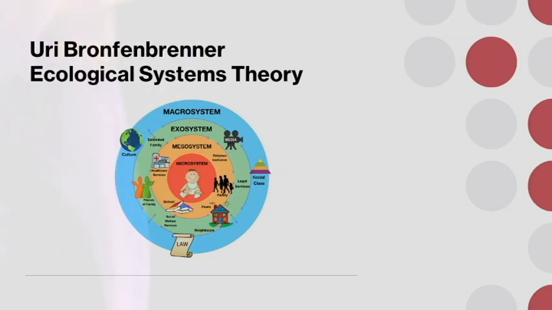So, for example, this includes the parent's workplace, the local government policies, the community organizations. A child may never go to their parents' work, or engage with local government policies, or go to the community organizations, but these still create some part of the environment within which the child lives. And the events and decisions in these settings can indirectly affect the individual through their impact on the microsystems and